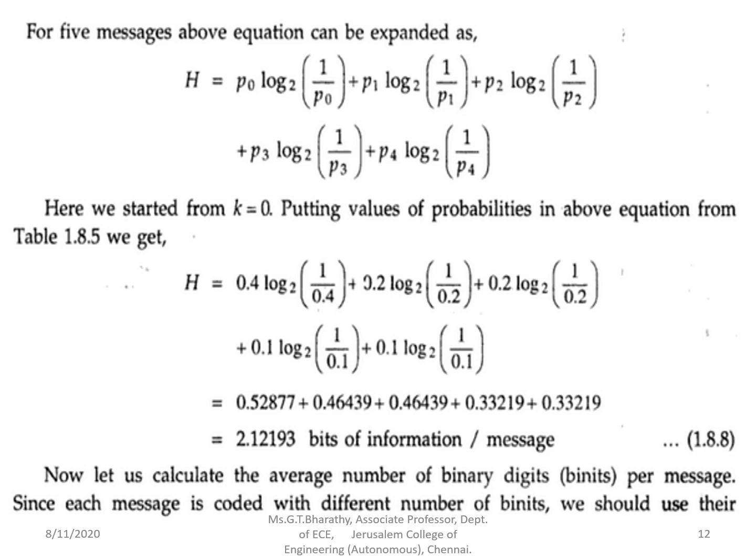So by substituting all the values of P0, P1, P2, P3 and P4, we will get the entropy H as 2.12193. Okay. So from H we can also calculate the average code word length.